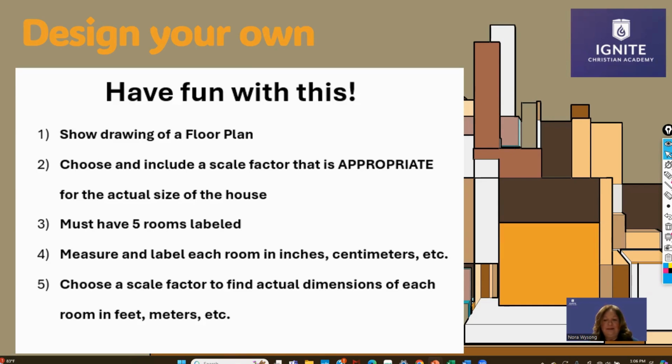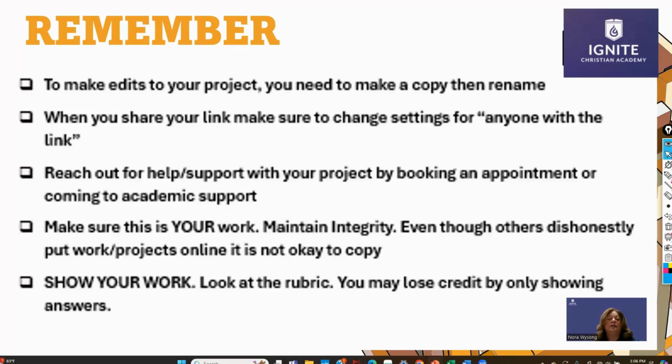Okay, and let's look at the remember. This is more just your policy reminders. When you make edits to your project, you'll download it. It's all Google Docs this year. When you open that up, you can't write on it. Everyone's opening that project, so that one is locked. You have to make a copy and rename it. We don't like to see "copy of"; I'd like to see your last name. Mine would say Wysong Floor Plan Project, so that when I open up your link, I see your name on there, and it helps that way. Make sure you change your settings to anyone with the link, so that we're not saying, Wysong, you forgot to share your link properly, I can't open it, and it delays us